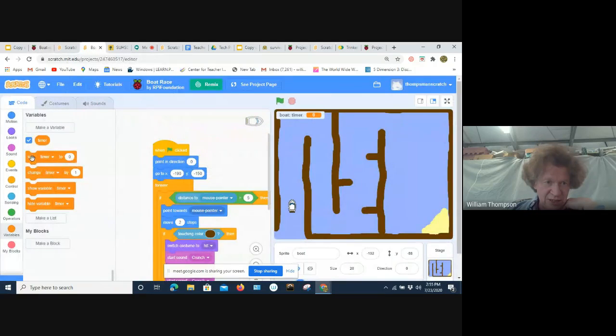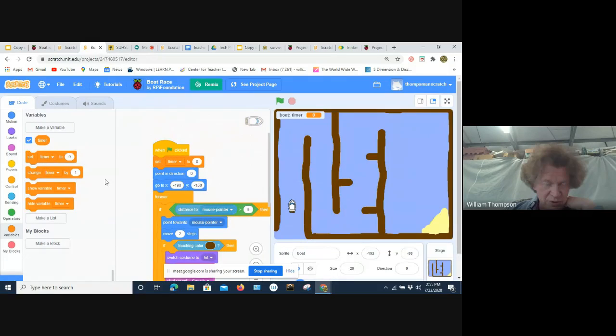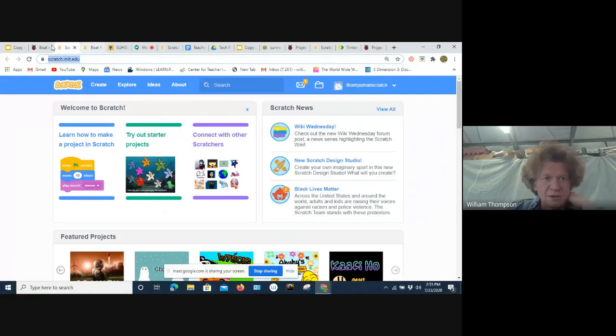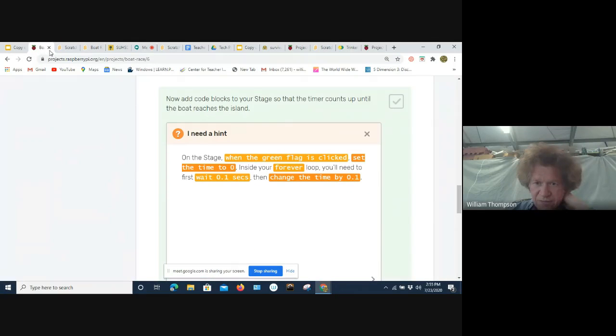So I'm going to set timer to 0 when I first start. And then in the forever loop, I'm going to change the timer by 0.1. So instead of 1, I have to put a decimal point and then 1. And what was the other instruction? Oh, wait 0.1 seconds and then change it by 0.1.